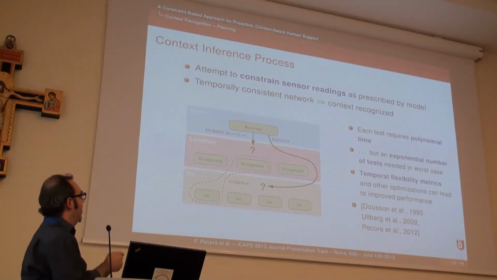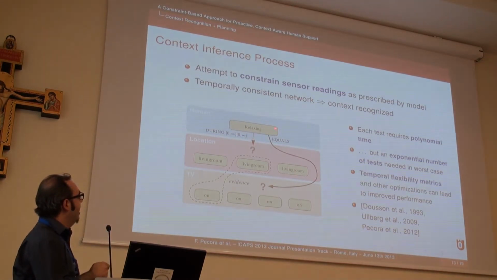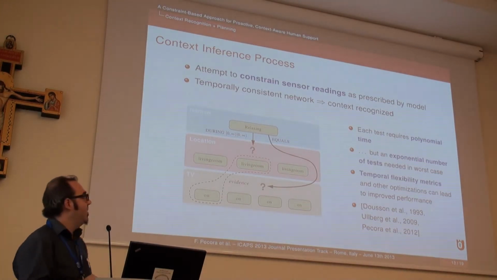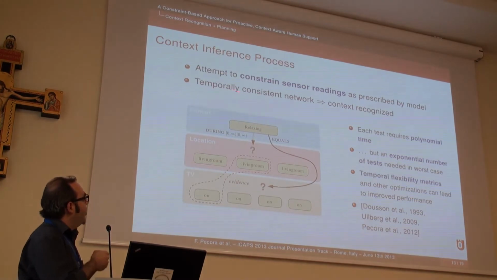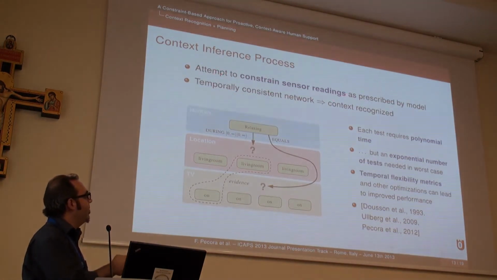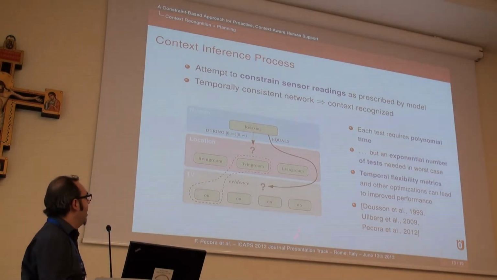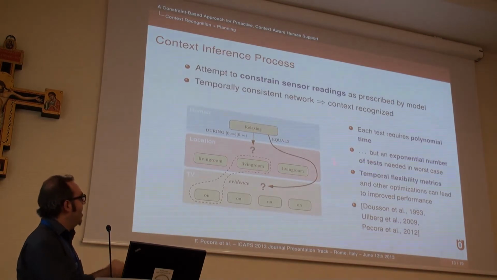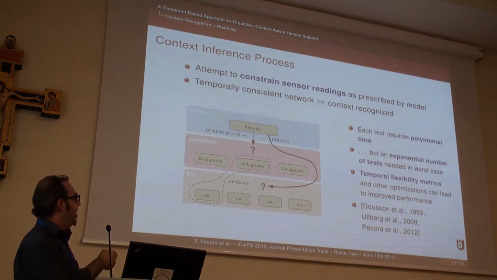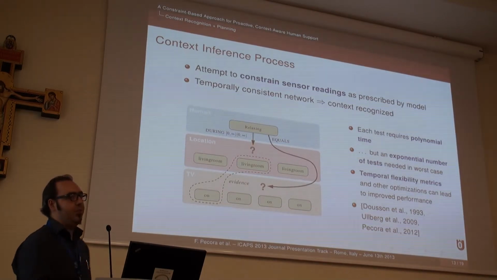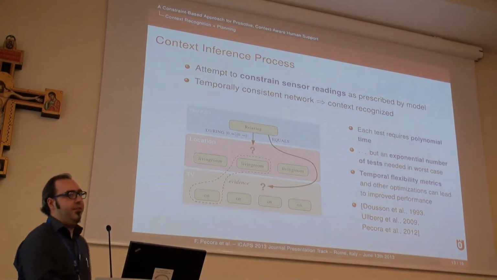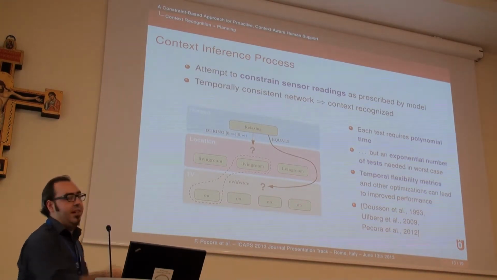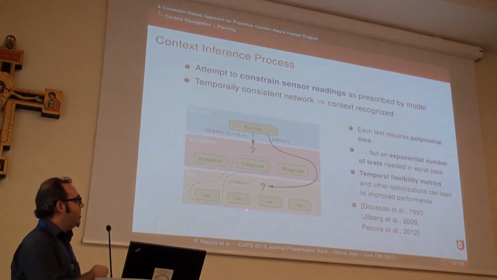The nut of the problem, or one of the core issues, is that doing context recognition through abductive reasoning is a relatively hard problem. That is because the way you do it is you basically attempt to constrain sensor readings as prescribed by your model. So we're assessing whether you're relaxing when you're in the living room and the TV is on. You try unifying or pointing these constraints to appropriate sensor readings in your network, but you could have gone in and out of the living room many times, you could have turned on the TV many times, and so you have to try, in the worst case, all these combinations. Now, this is the core reason why it's difficult.